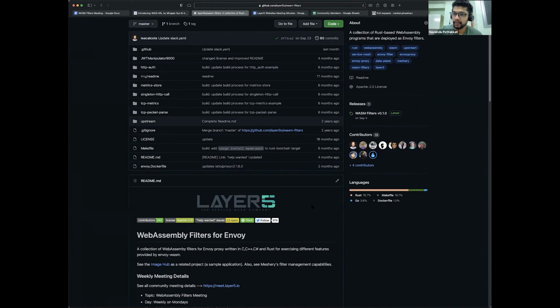Related to that, we are also looking into designing a filter hub, which will be a repository which stores WASM filters, so users can readily get filters from this filter hub, and it will be hosted by us and the Meshery project.